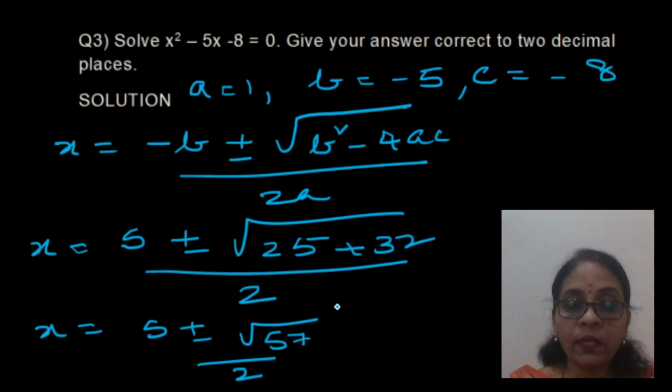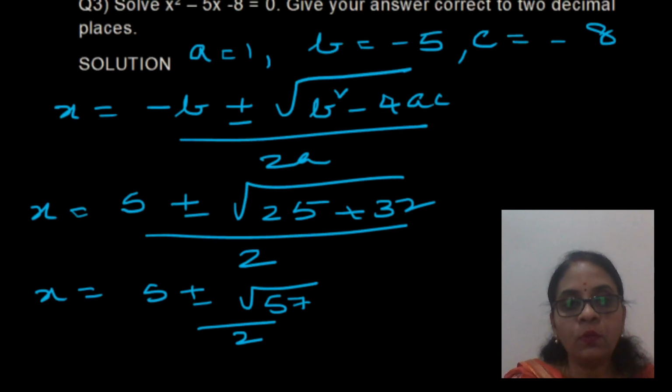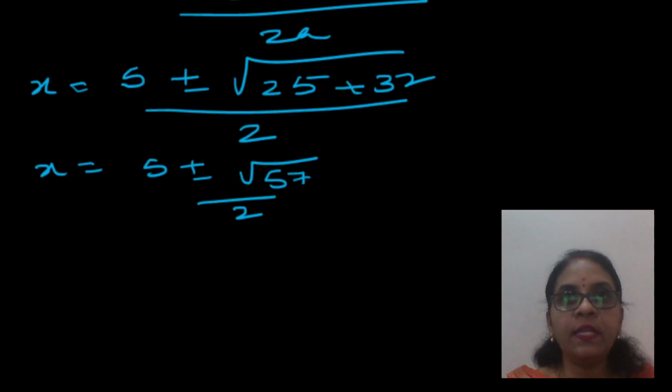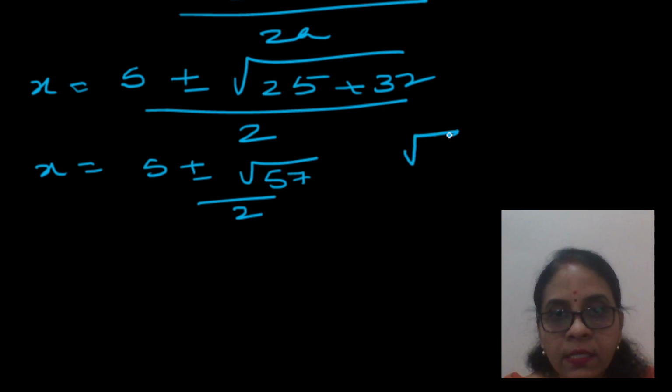So if you want to know how to find this, give a comment in the comment section. I will make one more video on how to find the square roots using the logarithmic table book. So root 57 value, one second, yes, root 57 value using the logarithmic table book is